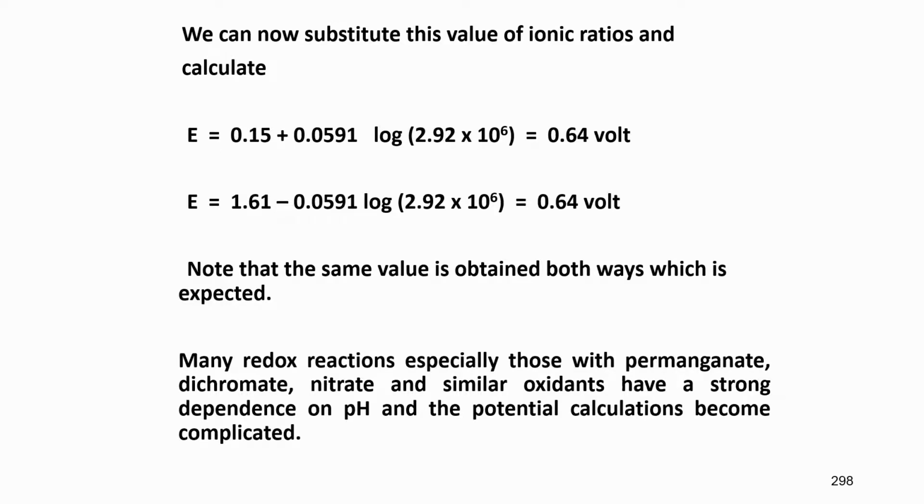That means the equation we have written here, E is equal to E naught plus RT by nF log of the concentration of the oxidant divided by the reduced species, will be influenced by the pH, that is, whether you carry out the reaction in acidic medium or basic medium. If the pH is 4, you will get some value. If the pH is 5, you will get some other value. So, there is no clear indication to calculate the expected EMF for a reaction which is pH dependent.